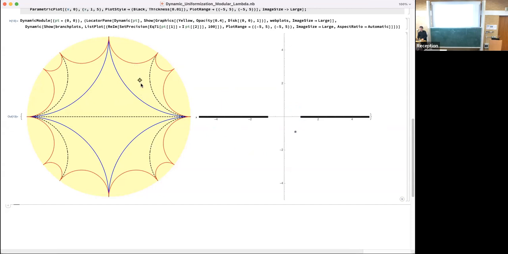But suppose I decided to go across the dashed line, that means I'm going through the middle between these points. And now I can either go back around the same one, or I can go around the other. So by taking some trajectory inside the unit disk, I can generate any trajectory I like on the Riemann surface. And if I resolve all of these iterations, I'll get the entire Riemann surface.